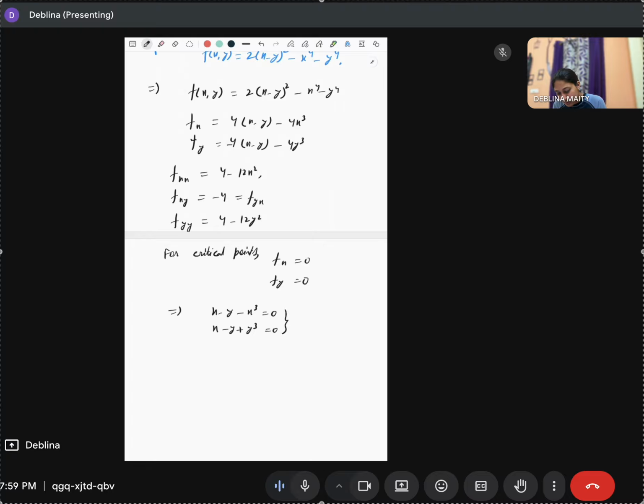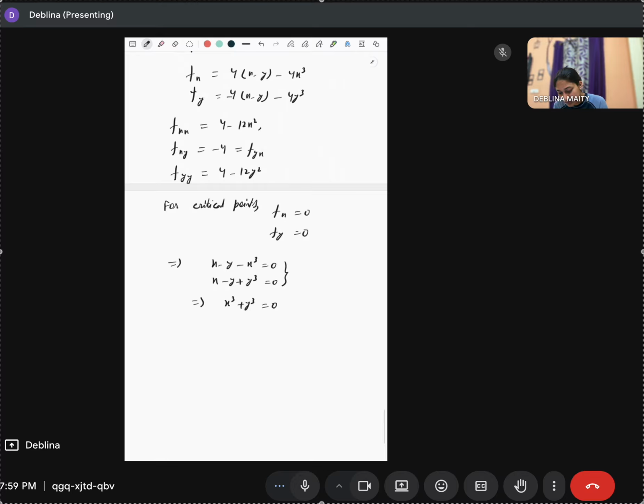So these two imply x cube plus y cube equals 0, right? Which is equal to... so this means we'll take x minus y minus x cube equals 0 and x plus y equals 0,